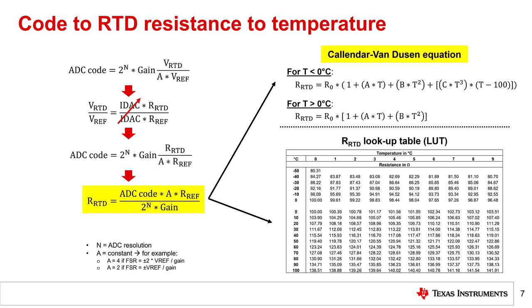A polynomial equation will be more difficult to implement in a microcontroller, but it is theoretically possible to determine the temperature of any measured resistance. The resolution of a polynomial is therefore only limited by the computational power of the controller. Comparatively, a lookup table has a fixed resolution, which in this case is 1 degree Celsius. If the ADC resolution is greater than the resolution of the lookup table, the measured resistance calculated from the ADC output code can be between two values in the table. How do we resolve this issue?